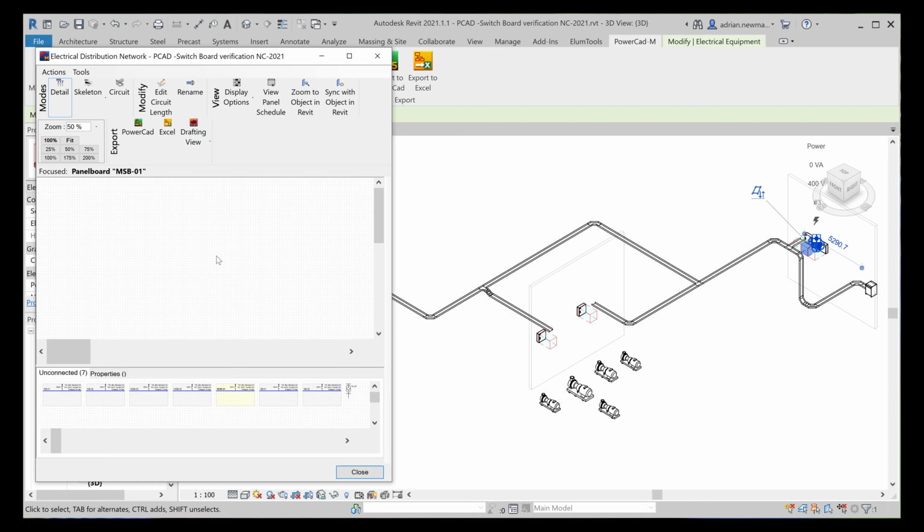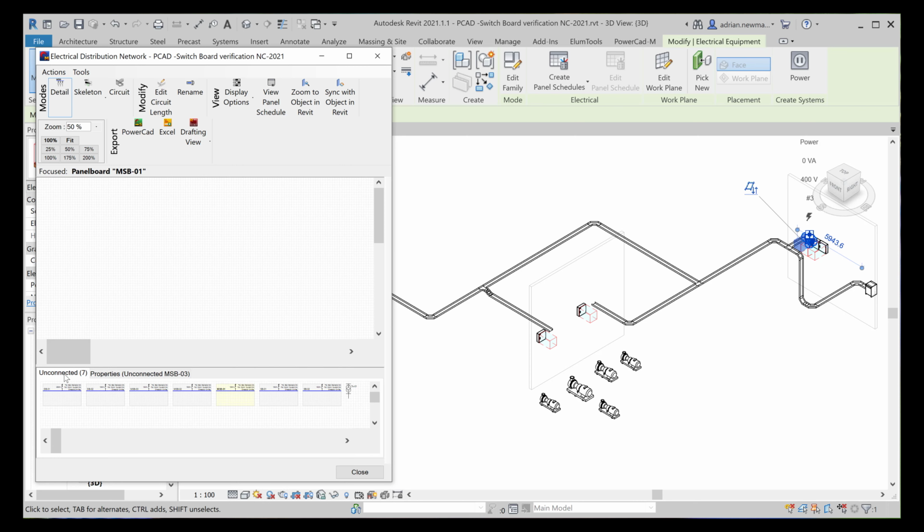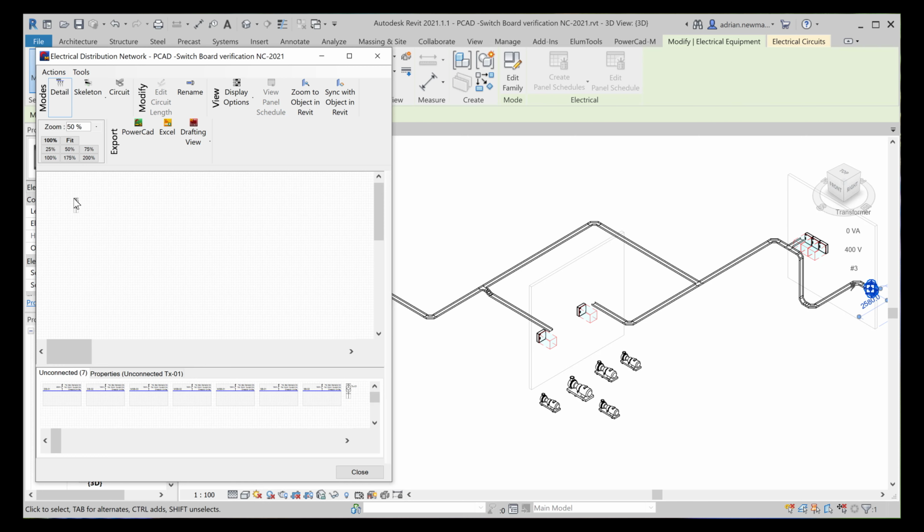If you wish to have a look at the properties of any of the switchboards, just click on Properties and click on the Pacific switchboard, and you can then have a look at the various properties within that family. So just going back onto the unconnected area now. First, to build the single line diagram, we load the transformer. Just click on the transformer, move that into the single line diagram area, and now start to build the